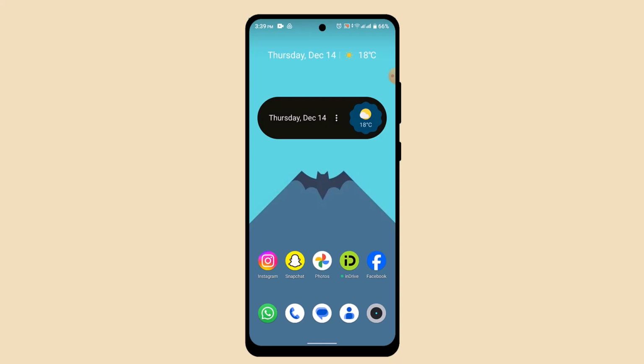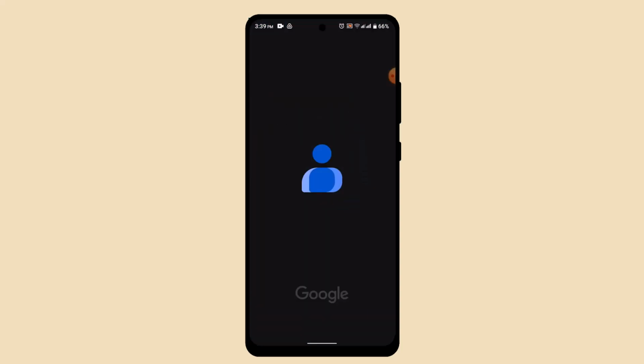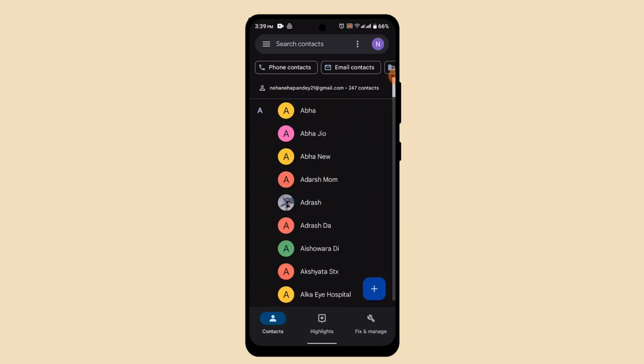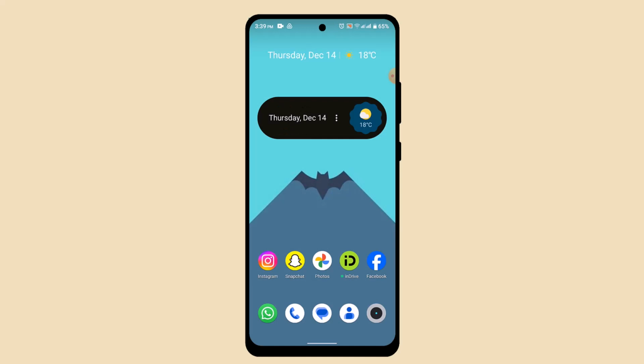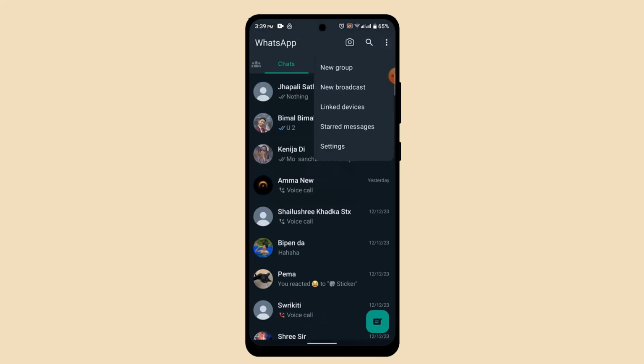So if you want to delete a blocked contact from your WhatsApp, if you go to your contacts and try deleting the number from there, it's going to be removed from the contact list, but it's going to remain on the blocked list. In order to delete the blocked contacts, open up WhatsApp, tap the three dot icon,